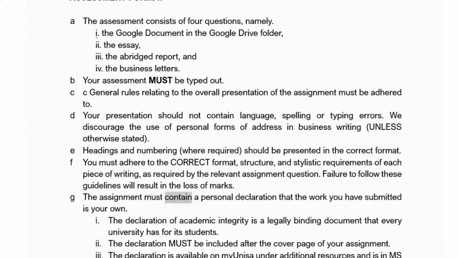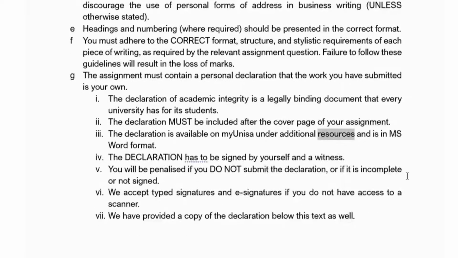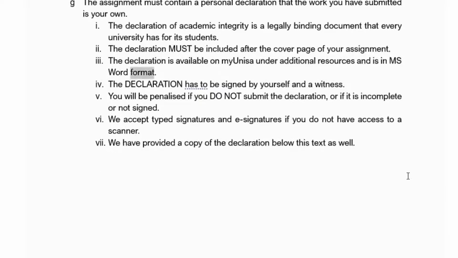The assignment must contain a personal declaration that the work you have submitted is your own. The Declaration of Academic Integrity is a legally binding document that every university has for its students. The declaration must be included after the cover page of your assignment. The declaration is available on MyUnisa under Additional Resources and is in MS Word format.